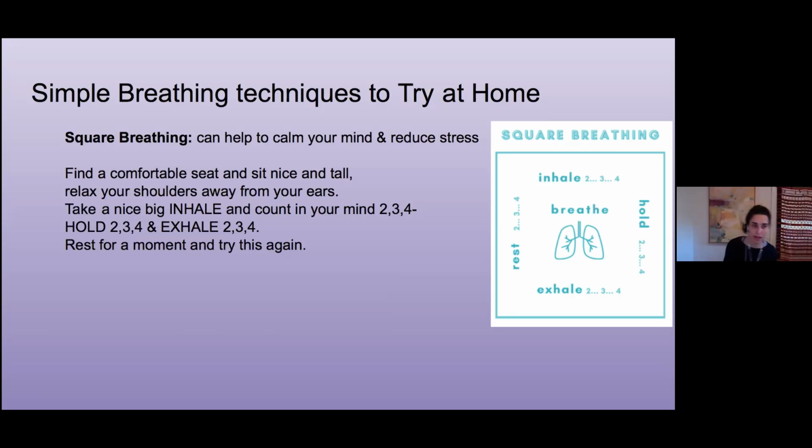So we'll try it one more time and then we'll move on, because I think we're getting a little short on time. So we'll take a nice big inhale, and as we inhale, we're counting 2, 3, 4, holding there at the top. 2, 3, 4, and big exhale. 2, 3, 4. You can do this a few times. You can do different variations as well if that feels better for you. Just noticing the rise and fall again of your inhale and your exhale. We'll move on to